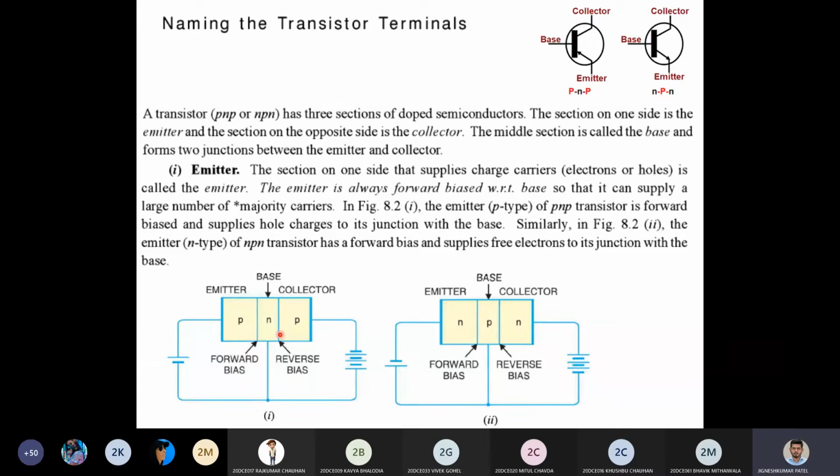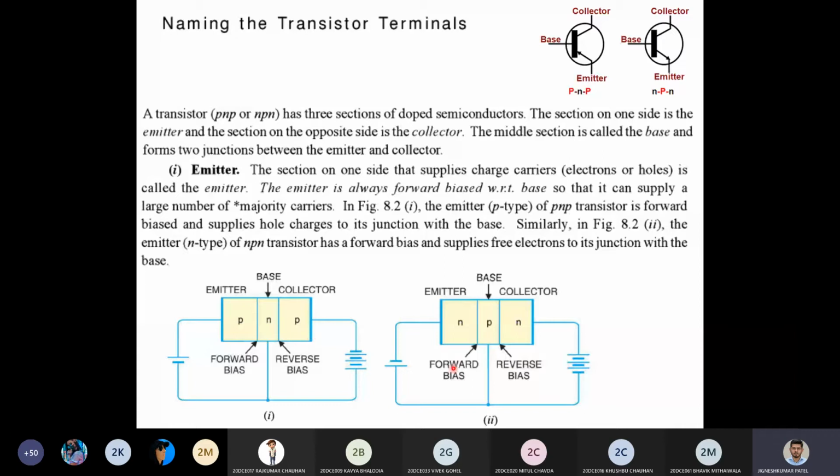So you can see this is a PNP type. P is connected with the positive, and N is connected with the negative. If I hide this one, then this is just a PN junction diode in forward bias. In the same way, if I'm working on an NPN transistor, I also have to make sure the PN junction diode is forward biased. So how do I do that? I have inverted my battery, and the positive is now connected to the central P, and N is connected with the negative. Again, if I hide this one, my PN junction is in forward bias.